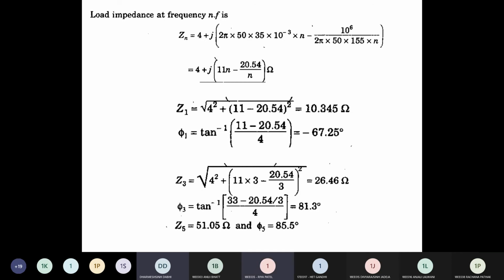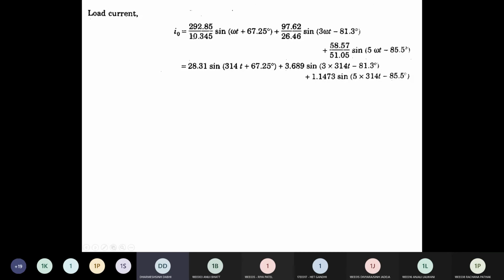You did this in the last lecture. Yes, sir. So what is the meaning of this? Is your current leading or lagging the voltage? Leading. The current is leading the voltage. Clear? So is it an underdamped or overdamped circuit? Underdamped. It is an underdamped circuit. Clear? So if you know this equation, the output current, here we assume for the last question that harmonics are not present. So your load current I0 only contains this first component, which is the fundamental component. Yes or no?